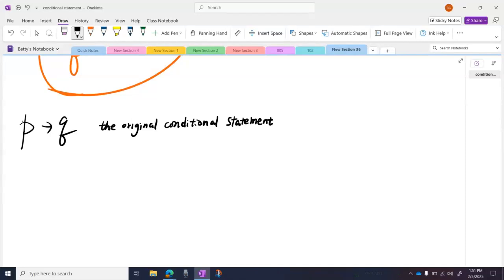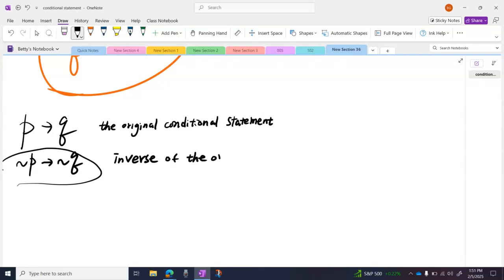If I negate both antecedent and consequent, if I negate both pieces, I will have a different conditional for sure, right? And this conditional definitely is different from the original conditional statement, but it is closely related to the original conditional statement. And we call this conditional statement the inverse